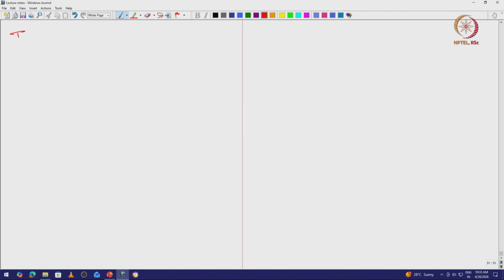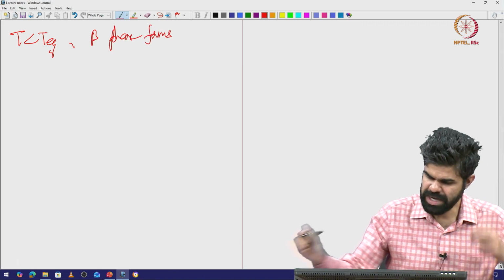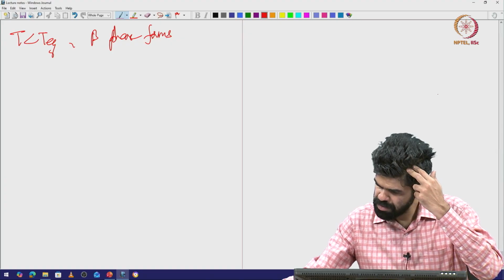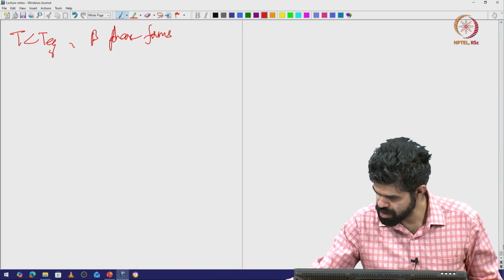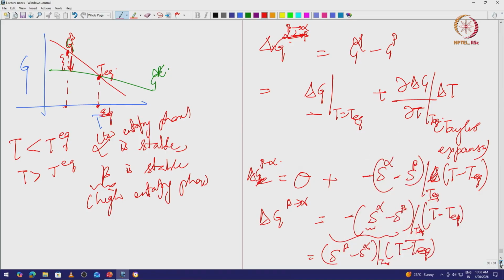So, if T is less than T equilibrium, beta phase forms, right. Even if I beta to alpha, right. I am sorry. So, this is going from beta to alpha, right. So, alpha phase forms, alpha is like my solid phase. So, this is not beta phase,